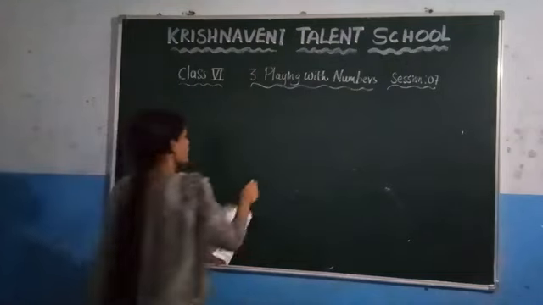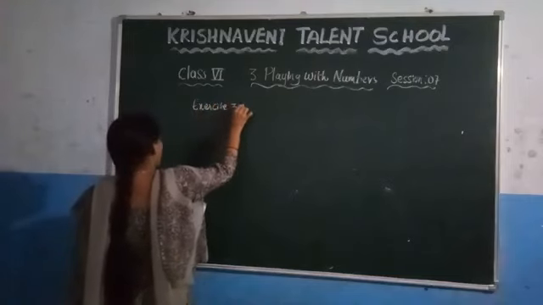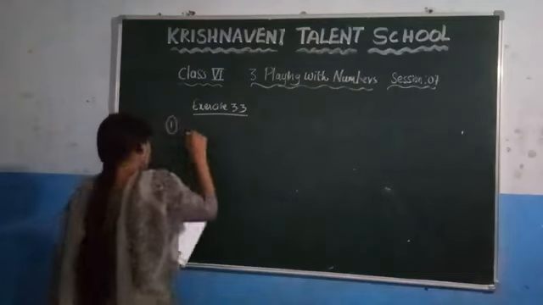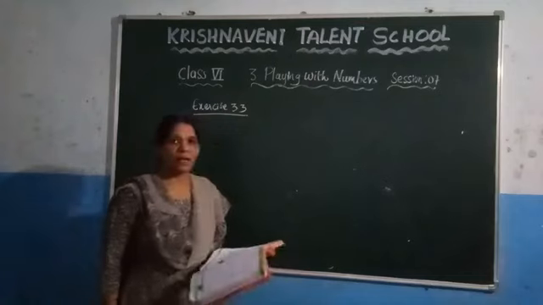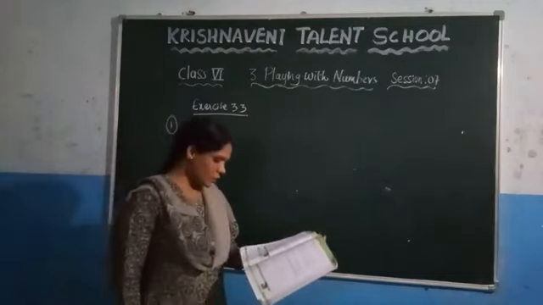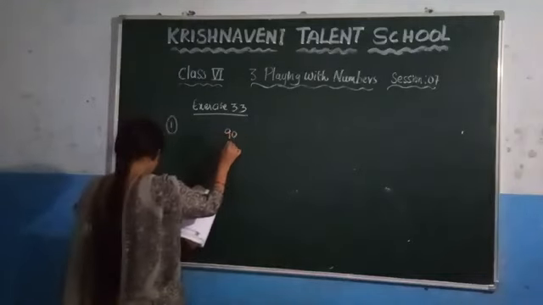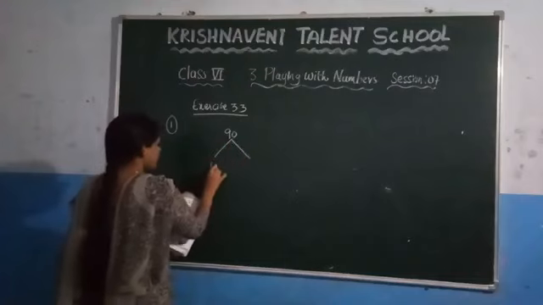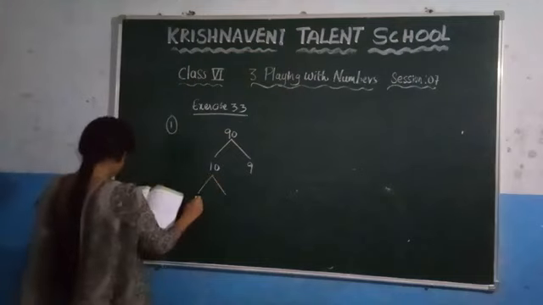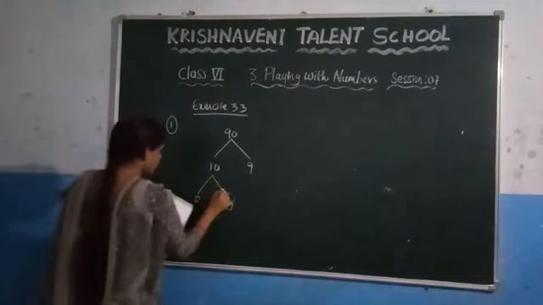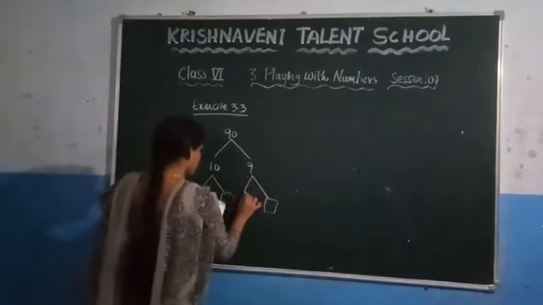See the next exercise, exercise 3.3. In that, the first question. What is the question given here? Write the missing numbers in the factor tree for 90. They have given the factor tree for 90. They missed some numbers. You need to fill those missing blanks here. So 90, they have written 90 as 10 into 9, and since both are not prime numbers, here they have given 2 and you need to fill this blank. Similarly here 9, 3 is given, you need to fill this blank.